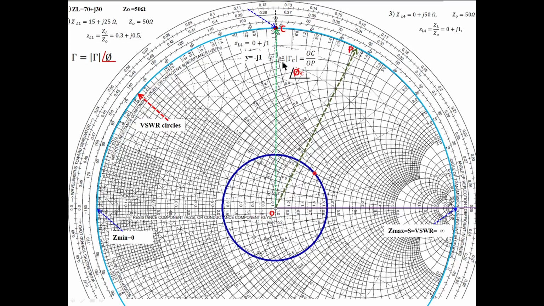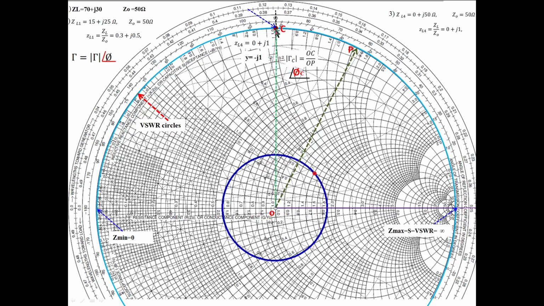What is the reflection coefficient? This is the reflected wave divided by the incident wave. So for these reactive loads, what happens? The reflection coefficient becomes 1, OC divided by OP. If only a reactive load is there, only a capacitor or only an inductor, then the reflection coefficient is equal to 1, magnitude OC. That happens here, and that's why I took this example.